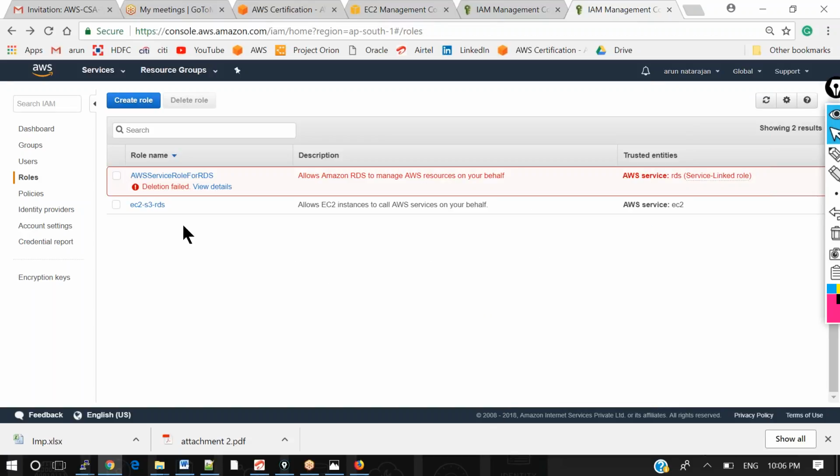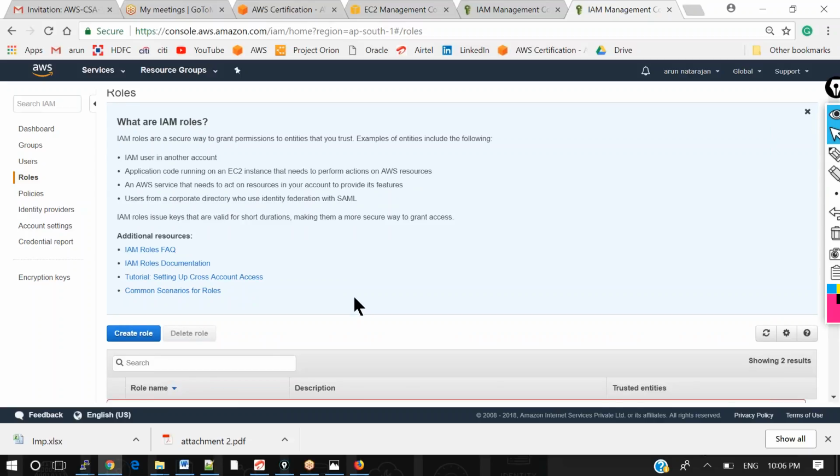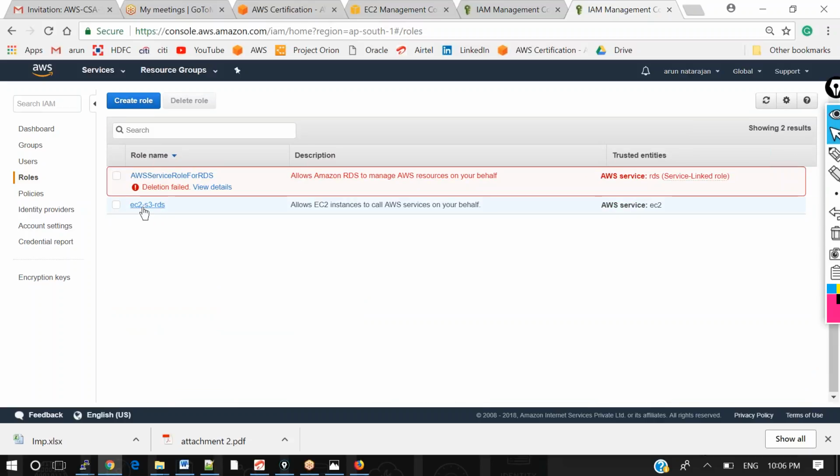Okay, right. So here you can see we have created a role called EC2-S3-RDS.